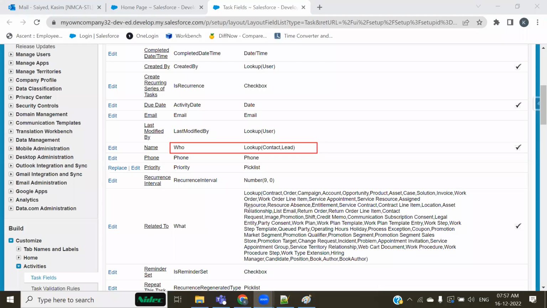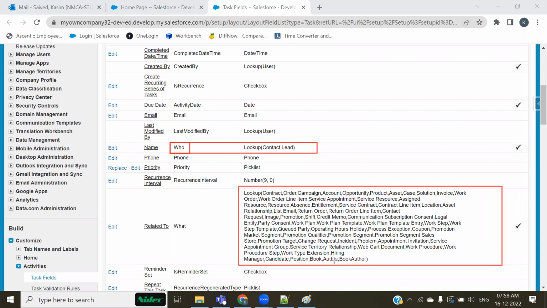Yes. So if you are creating a record inside lead, inside contact, or inside user, their respective parent ID would get stored inside Who. And except your contact, lead, and user, for all other objects, you can see there's a long list of all those objects, including your